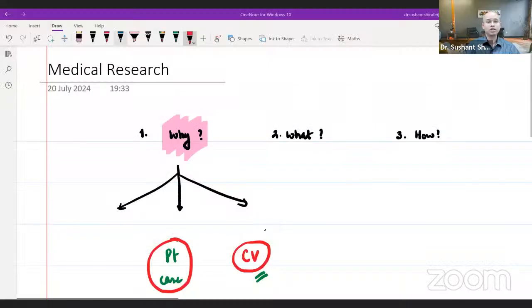Not only that, there are times when newer therapies come in. For example, one new drug came in, tofacitinib. I need to now read the research and understand who is the best candidate to give this drug. Who can I not give this drug? For example, it is a drug I'm not very comfortable giving to someone who has a past history of MI in the recent past, because there is data to suggest it could harm. Now, it's not an absolute harm. So I need to select that patient with my judgment, but the judgment has to be based on evidence, and that evidence is something I need to understand. So it does help me in patient care. Of course, some of you will go to a much more advanced stage, and not just patient care, but developing new drugs is also why you might want to be someone who understands research.